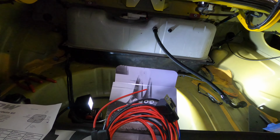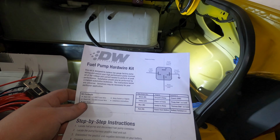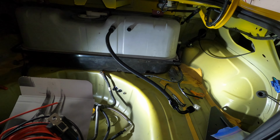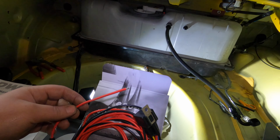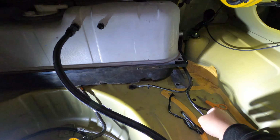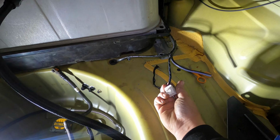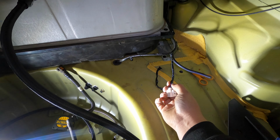But the hot wire kit, what that's basically going to do is eliminate the chance of melting our stock feed wires by upgrading to a thicker gauge wire. So what we're going to be doing is splicing into our factory harness, which I've got here. I've still got to open it up, and we will be taking the power wire that would normally supply your